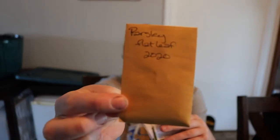For herbs that I'm starting this year, I started with the Flatleaf Parsley. So we gathered the seed back in 2020, so I sowed a couple more seeds than I usually do in each cell, just because I don't know if the germination rate is going to be good on this. But I suspect that I'll get some parsley plants. So Flatleaf Parsley,